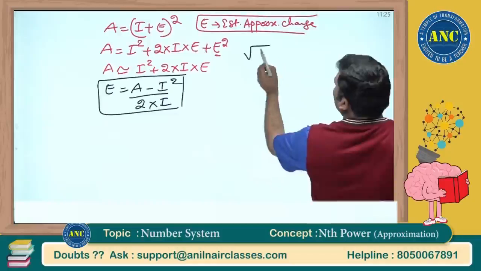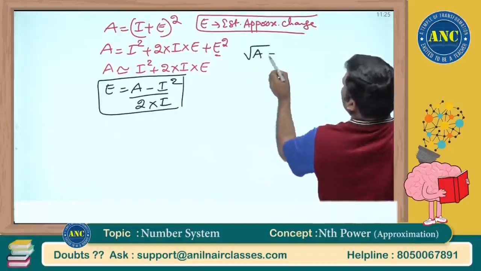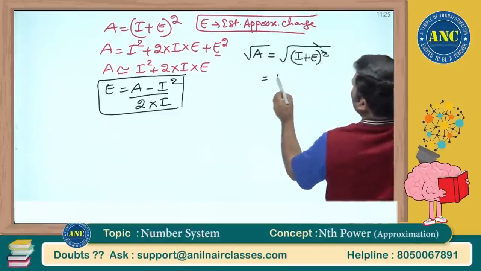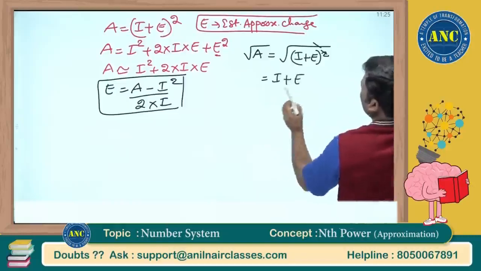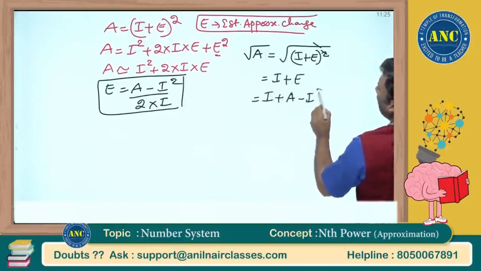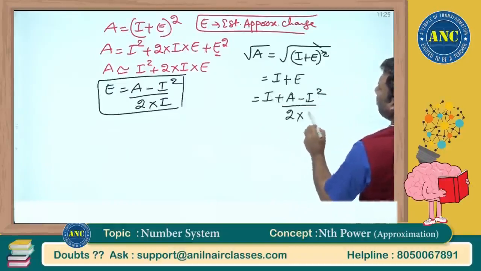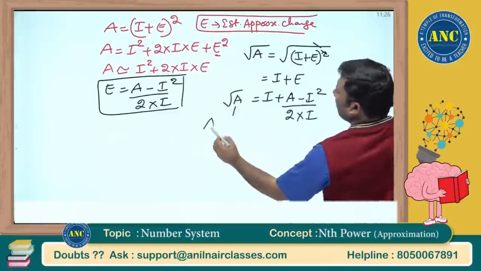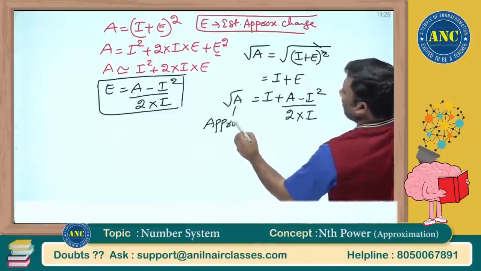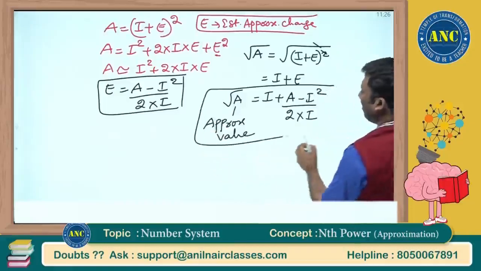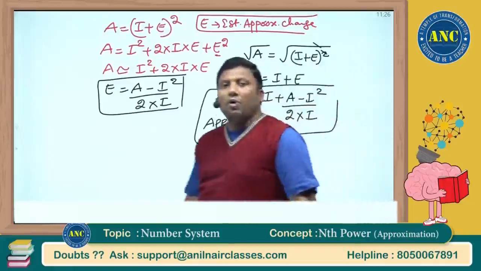Now I want to find out root of A. That means it is root of I plus E whole square. Square and under root cancel. It is nothing but I plus E. E is nothing but A minus I square divided by 2 into I. Finish. It is nothing but the root A approximate value. It is nothing but I plus A minus I square divided by 2 into I. I hope the idea is